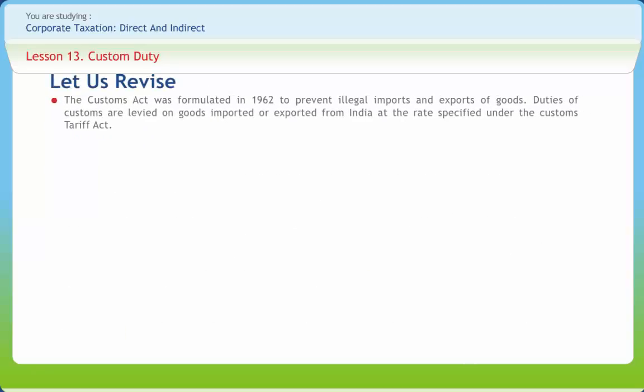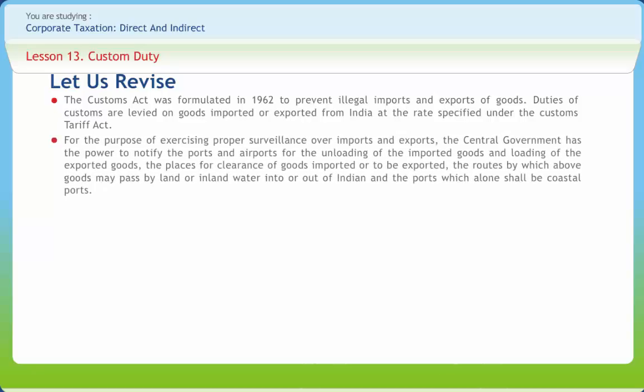Now let's revise what we have studied till now. The Customs Act was formulated in 1962 to prevent illegal imports and exports of goods. Duties of customs are levied on goods imported or exported from India at the rate specified under the Customs Tariff Act. For the purpose of exercising proper surveillance over imports and exports, the central government has the power to notify